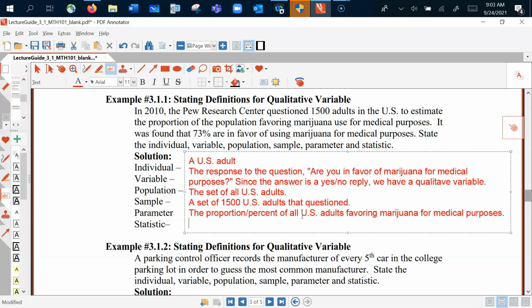So the statistic is the proportion, or percent, of the 1,500 U.S. adults surveyed that are in favor of marijuana